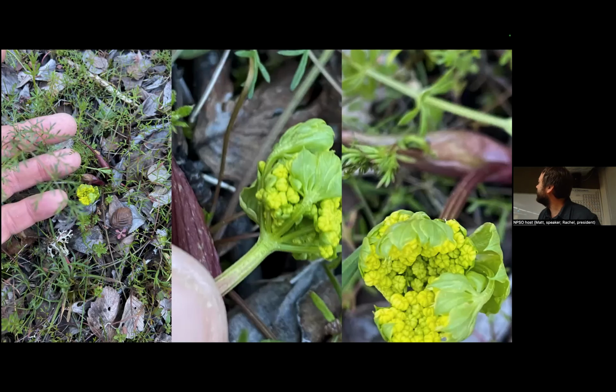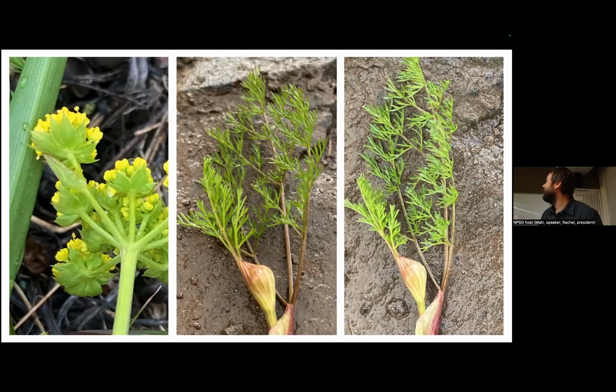When I look at lomatium, I always love to look at the bracts on the underside of the Apiaceae. So let me get to a slide where we can see the umbel inflorescence. So you can see Apiaceae, it used to be called Umbelliferaceae, I believe. But Apiaceae has that umbel inflorescence right at the top of the plant, basically an umbrella-like pattern branching out. And the fun part is tracing it all the way down, starting at the base of the stalk. If it's a compound umbel, that pattern will repeat, multiple times on one plant. So as you follow it from the peduncle to the pedicel,